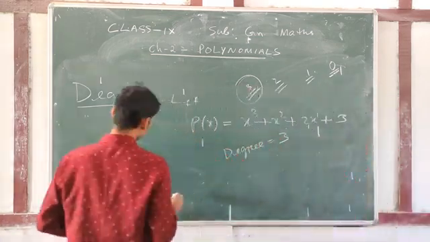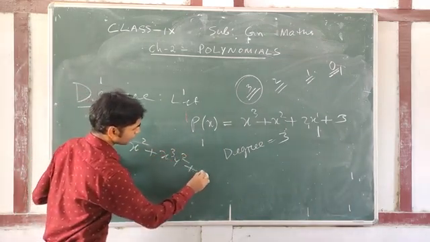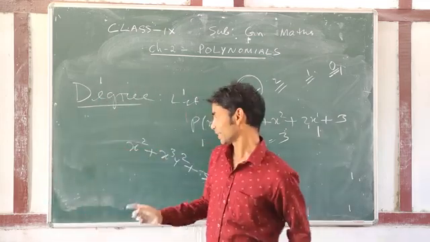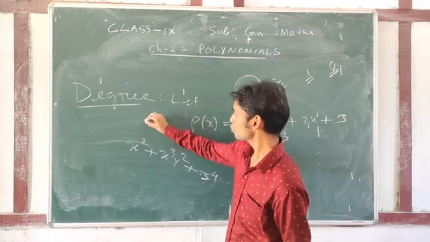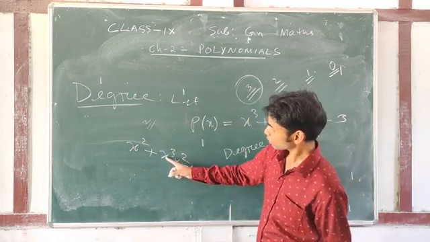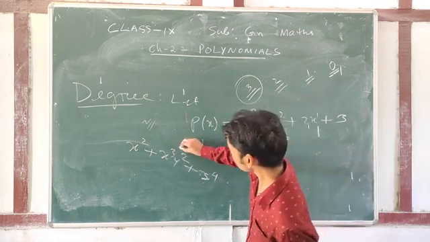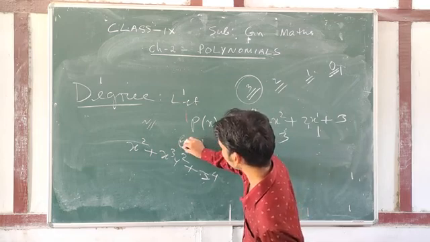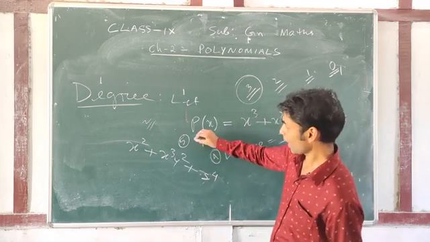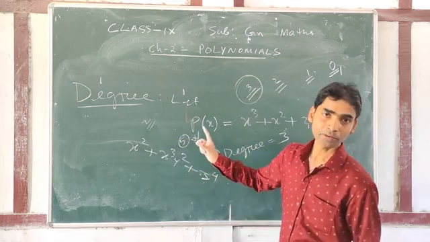Suppose x squared plus x cubed y squared plus z to the power 4. Here this is very interesting. The exponent of x squared is 2. Here we have x cubed into y squared, their product. The exponent of x cubed is 3 and the exponent of y squared is 2, so we total them: 3 plus 2, the total exponent is 5. Here z to the power 4, its exponent is 4. So the highest exponent is 5. So the degree of this polynomial will be 5.